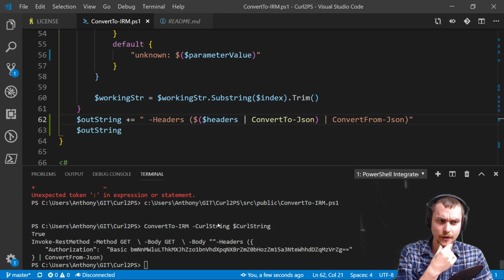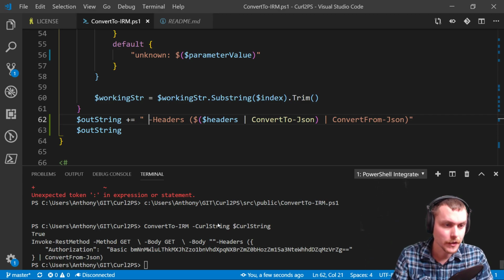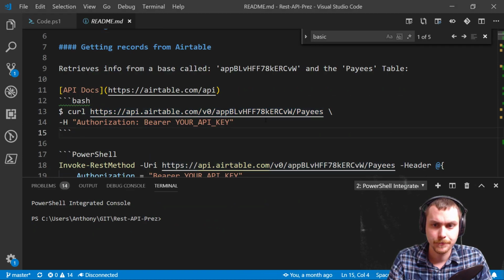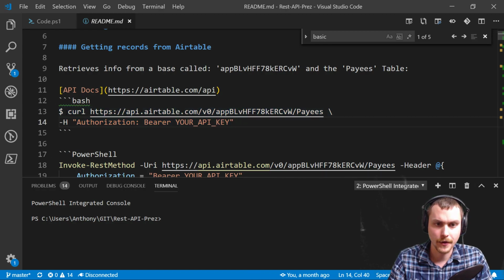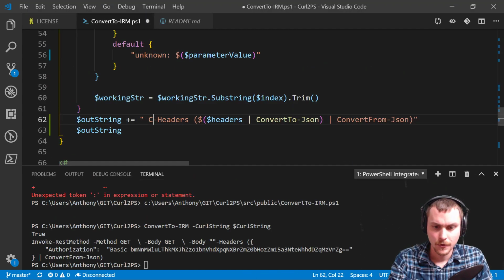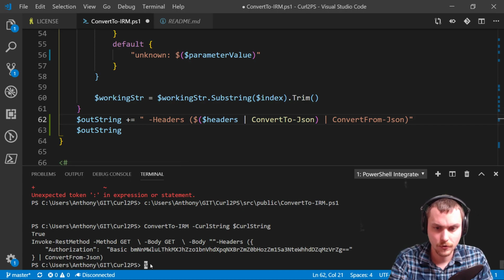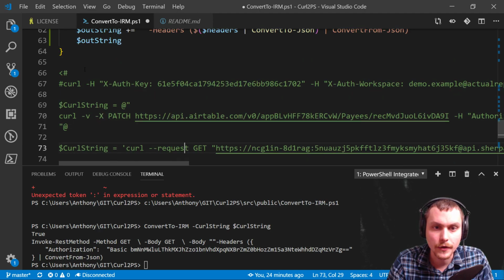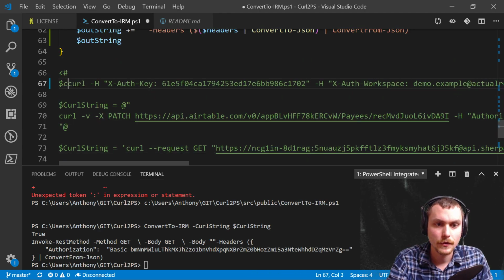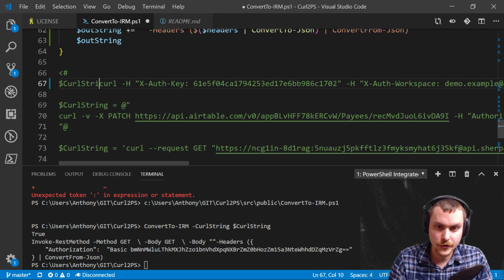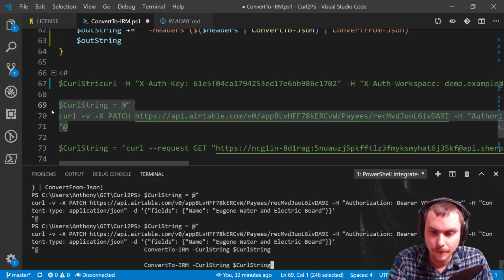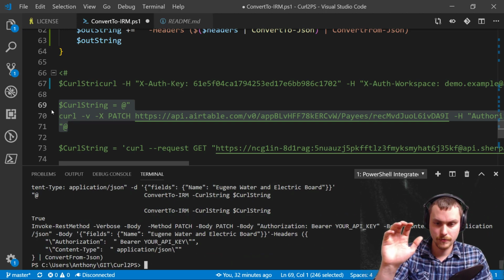I'm trying to think of one, because there's going to require an API key. So for instance, here we'll grab this command here. Oh, not there. Or not there either. Curl string equals. That's the one I just did. Curl string. Oh, actually, no. We'll use this one. So if we run this command,